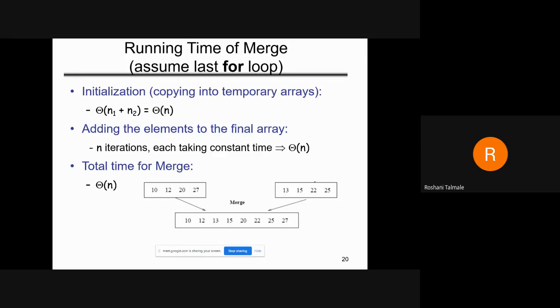Average and best case means, for example, the array size is 5. So 5 iterations or 4 iterations or 3 iterations you will require, but we have to think about what complexity is required for the worst case analysis. That is, what will be the last loop for those executions. So we will discuss it.